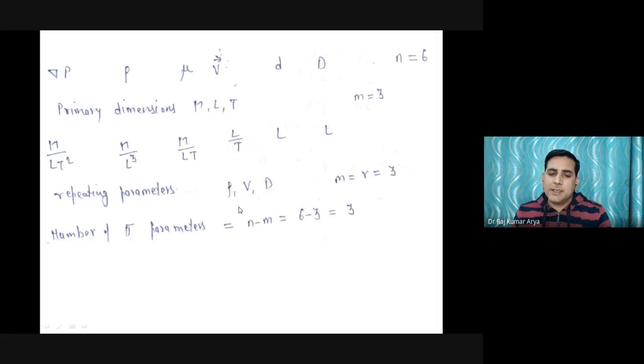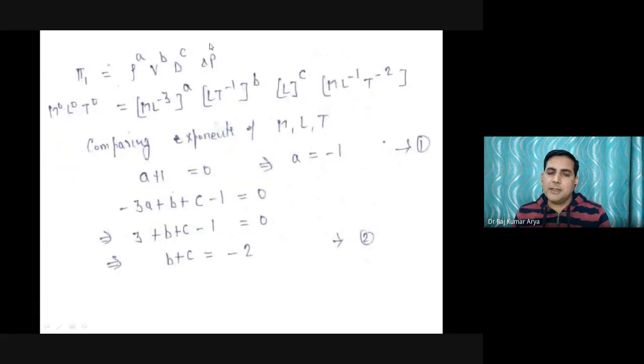Fine. And then you got 3 repeat variables, and you find the difference n minus this, and you got the number of dimensionless groups as 3. So this we did in the morning. First you add these 3 repeat variables with your unrepeated parameter, which was delta p. Substitute the dimensions of all of them, and calculate the powers a, b, and c by equating the power of M, power of L, power of T. So you will get 3 equations for the 3 constants a, b, c, and you will solve them.